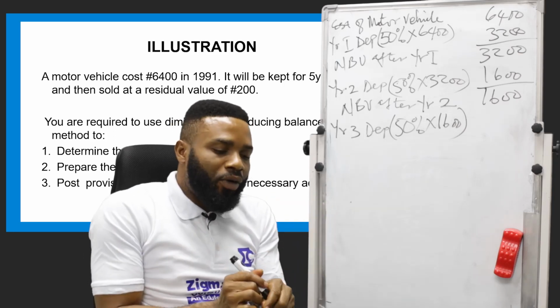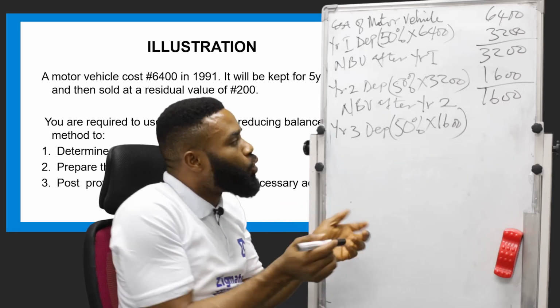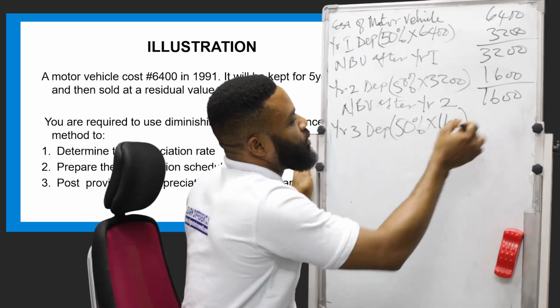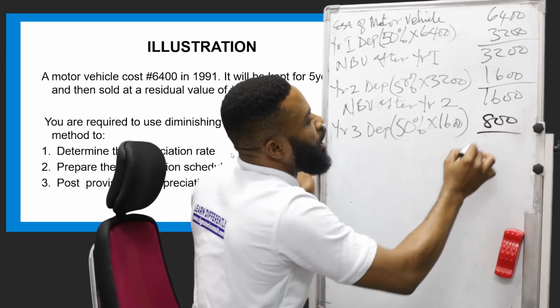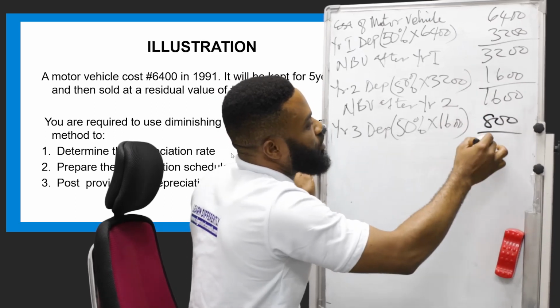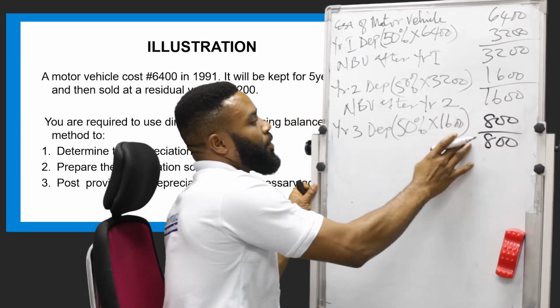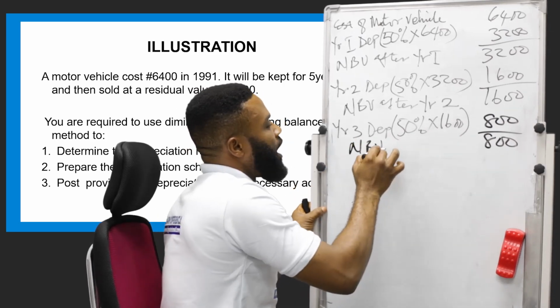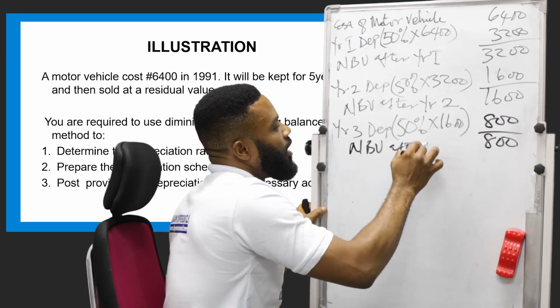That's just a simple formula. That thing divided by what? 2. So we are dividing this by 2. When you divide 1,600 by 2, you have 800. Now let's subtract 800 from 1,600, you have 800. This 800 now is your net book value after year